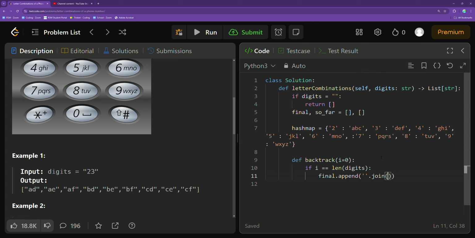And of course, I'll pass in the so far list. That's the list of the current combination that I've built up, that is actually a unique combination once it hits the length of the digits of my input string digits, right? And now, of course, once I've completed my base case, I want to just return and stop the execution of my function and move on to the next call of the function to avoid any